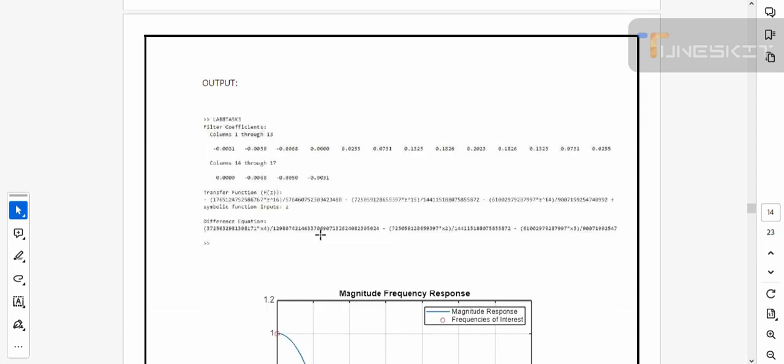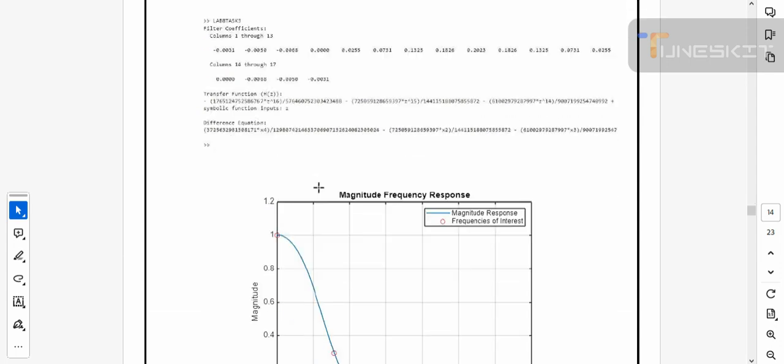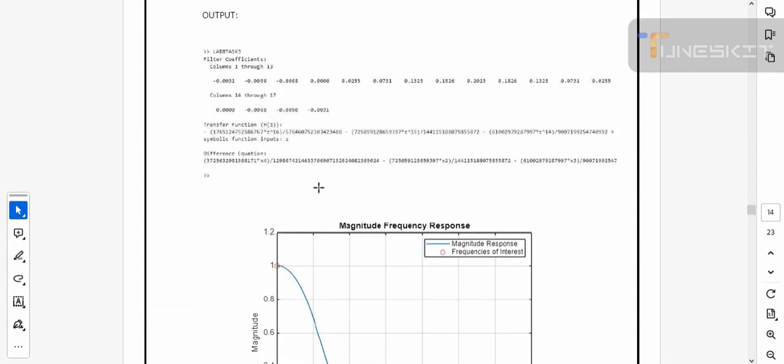Then use the plot command and label the graph, and if we want to mark specific frequencies, we use this plot. The frequency points that we want to mark are 0, 1/4, 1/2, 3/4, and 5/4. When we simulate this code, we obtain this output. As we can see,